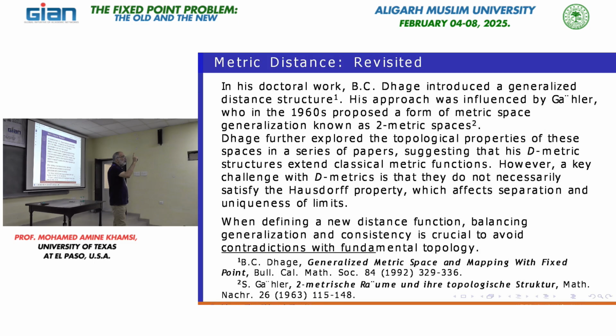Now, axiom number one, we have a problem. Axiom number two, symmetry, we have a problem. And finally, axiom number three, the triangle inequality, also we have a problem. Sometimes we have a constant. Instead of distance less than or equal to distance plus distance, we have a number there.